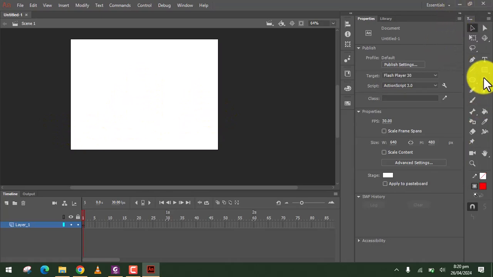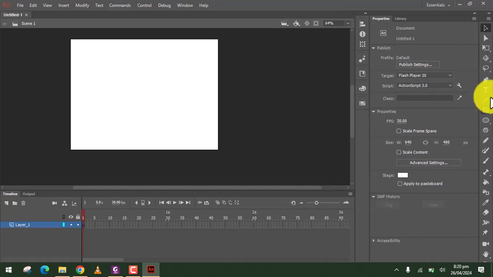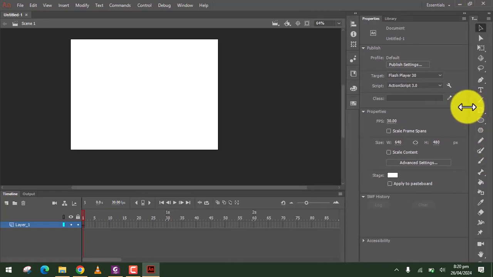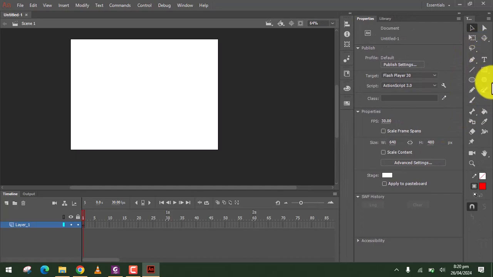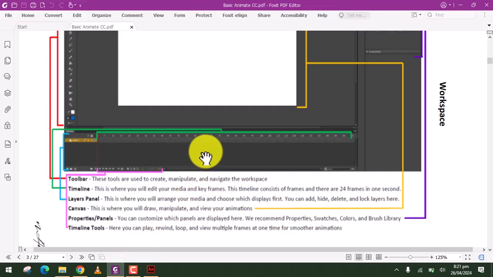So this is the toolbar. It contains the tools that you need for your animation. So on first opening, you will notice that it's kind of like this. Just click here and then drag. Okay, so you can easily view your tools. Let's go back to our module, and then we have the timeline, which is the green one here.